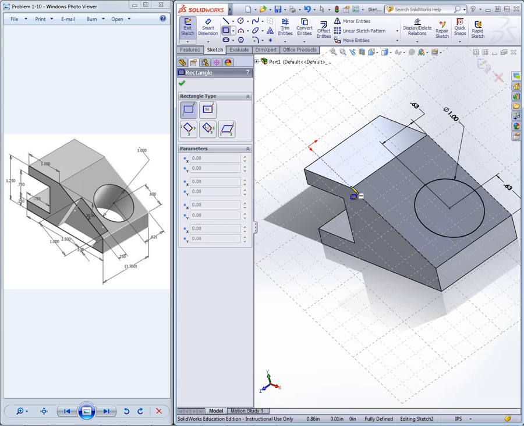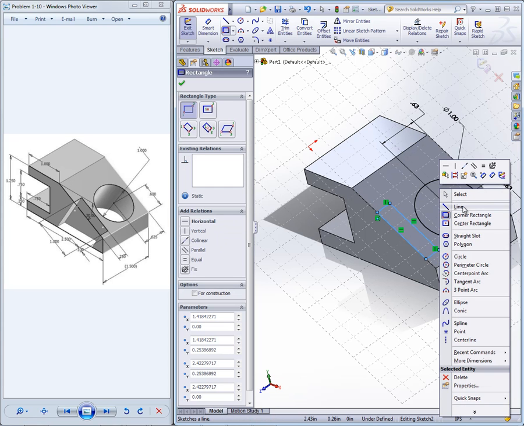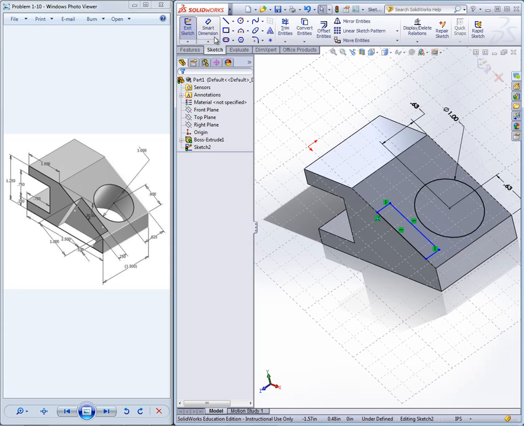Left click on the rectangle command, and we'll left click anywhere along this line, left click again, then right click, select, we'll left click on Smart Dimension,